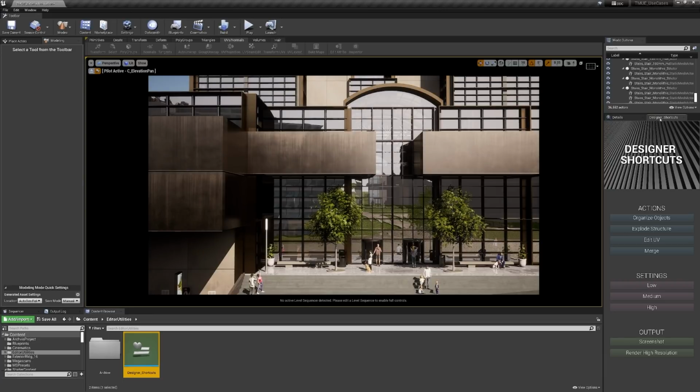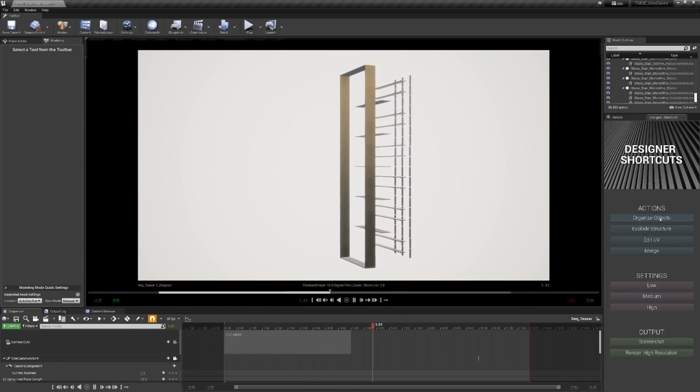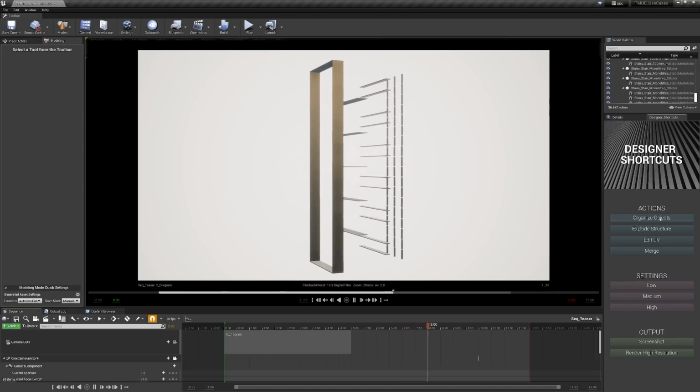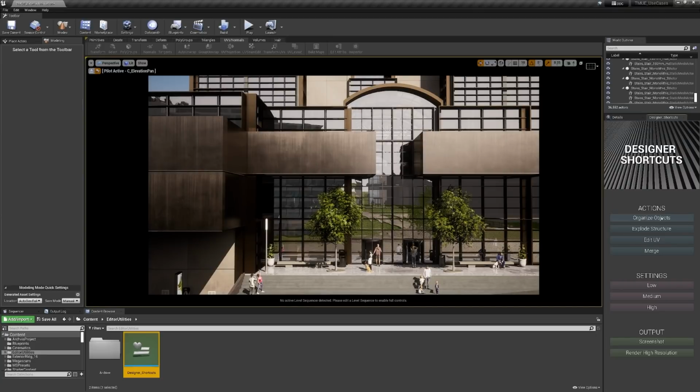Now here I've created buttons in my editor window that perform actions that I know I frequently use. It can also be used to perform specific actions, such as queuing a linear sequence that I've created, or even organizing objects in my world outliner. So if you're working with many people and everyone's adding in new elements into a project, it could be helpful to organize those reflection probes and lights with a touch of a button.